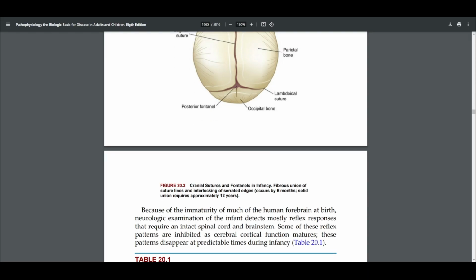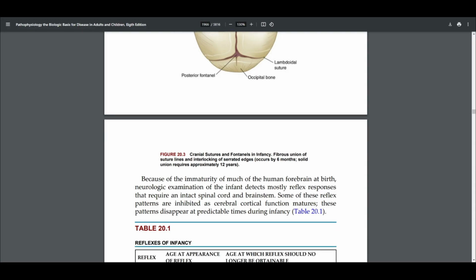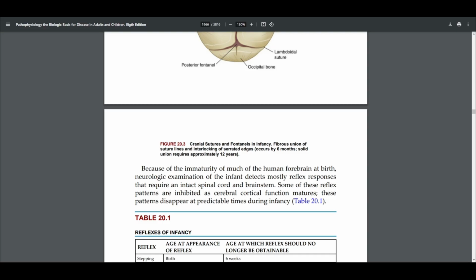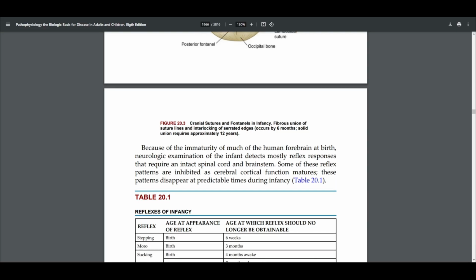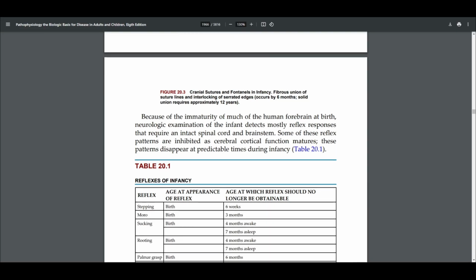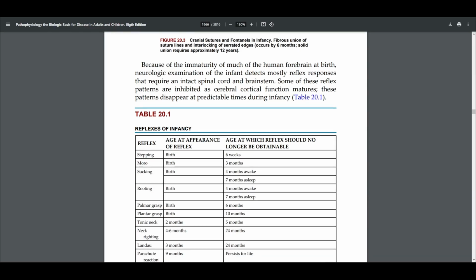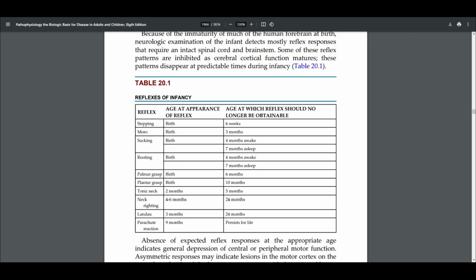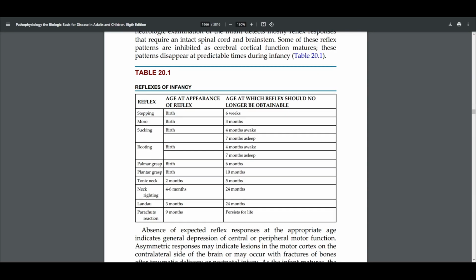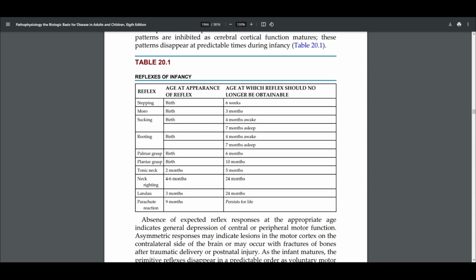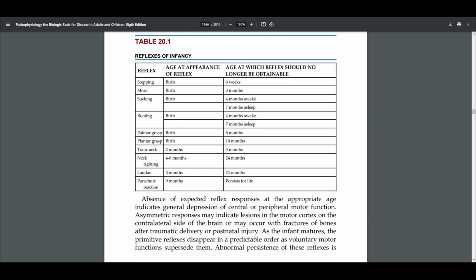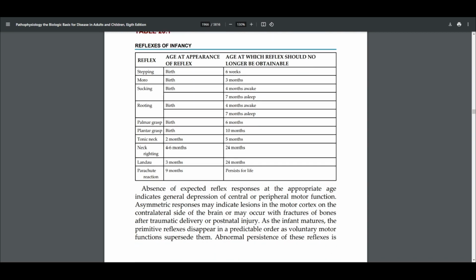Because of the immaturity of much of the human forebrain at birth, neurologic examination of the infant detects mostly reflex responses that require an intact spinal cord and brainstem. Some of these reflex patterns are inhibited as cerebral cortical function matures. These patterns disappear at predictable times during infancy. So, here are some reflexes of infancy: stepping,